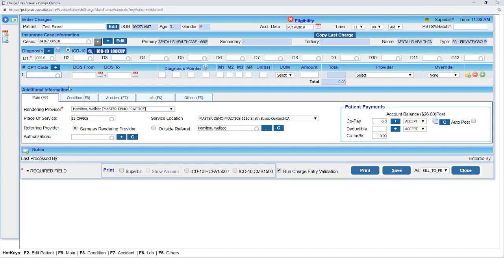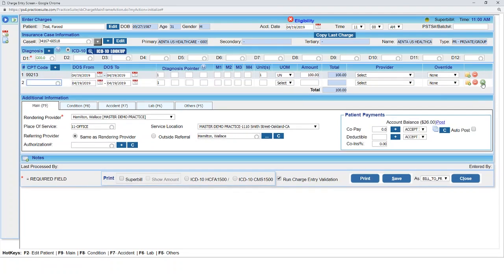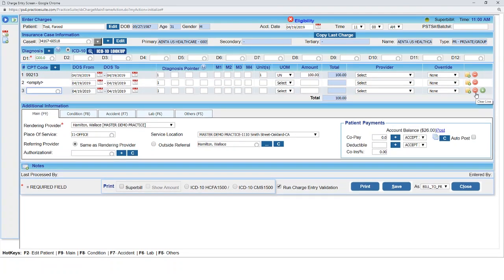As we tab our way through, we can enter in our CPT codes. Now, you can manually enter in your CPT codes one by one. And as you notice, the fee is populating here in the amount field, and that's coming from your fee schedule. So if you have a second line of service, third line of service, you can go ahead and manually enter